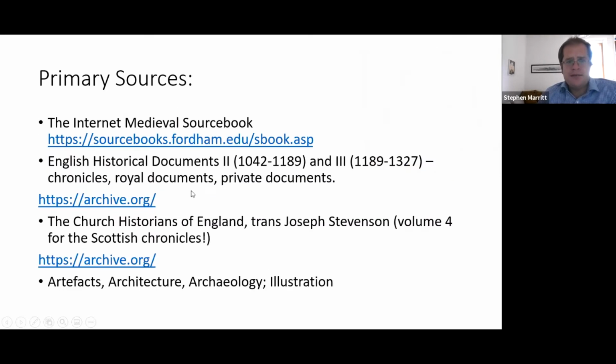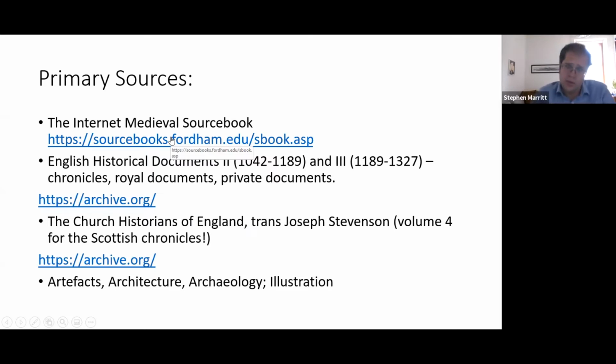If I go to my next screen, the other big issue is primary sources. They are difficult to find, but there are actually brilliant primary sources out there for this topic, freely available. If any of you did medieval history as a student, you will have come across the Internet Medieval Sourcebook, which has sources ranging from the early Middle Ages in the Balkans to the Black Death and the Renaissance, from scholarship through heresy. It has an enormous range of material, including quite a lot on the period that is covered in this topic. And it's all free and it's all in English, which is great.